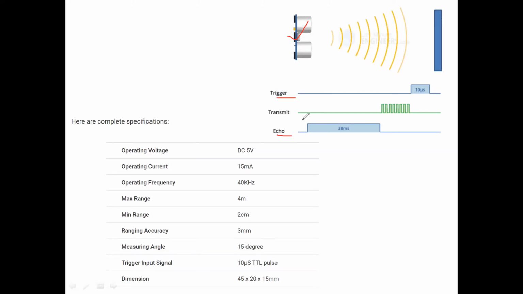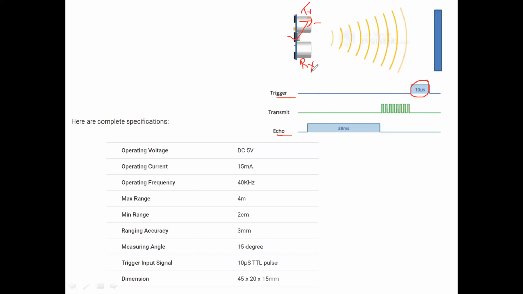Whatever it may be, for the trigger pulse you have to generate a 10 microsecond positive pulse. For example, this is the transmitter and this is the receiver.